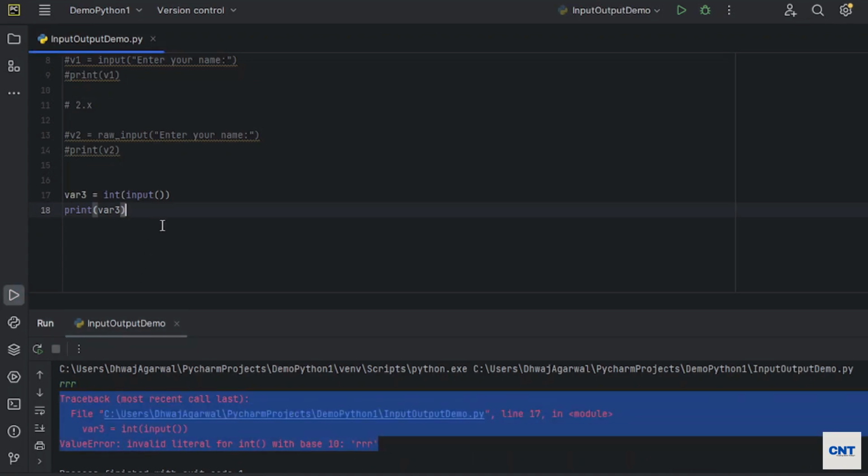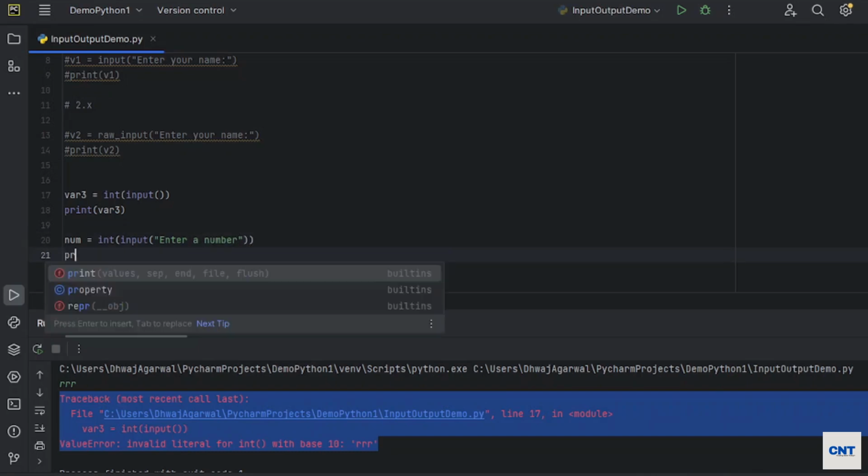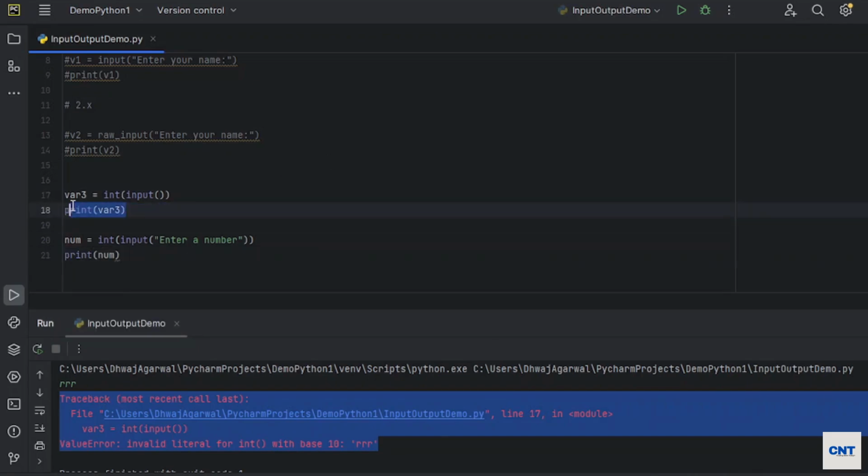Okay, when you take some input from the user, you always make sure whether you are taking the correct type of inputs and you are converting them accordingly as per your need in the program further. Again, one more example. Let me take number. I am saying integer and I am saying input. Here I am asking the user to please provide a number. Enter a number. Then the same I am printing. Okay, let's see. Let me comment this out.